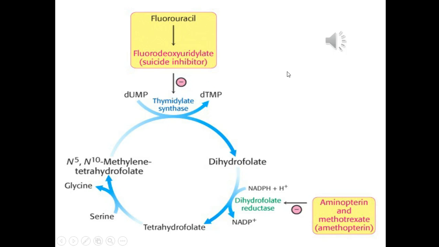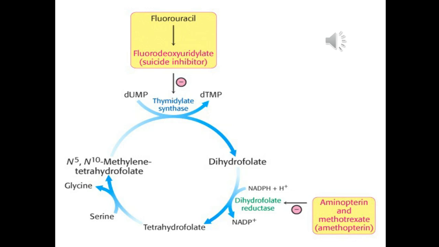This slide shows a simple explanation of the mechanism of action of anti-cancer drugs. Methotrexate, which is a structural analog of folate, inhibits dihydrofolate reductase, which is responsible for the conversion of dihydrofolate to tetrahydrofolate. So this tetrahydrofolate, after conversion to N5, N10 methylene tetrahydrofolate, acts as a coenzyme and a source of methyl